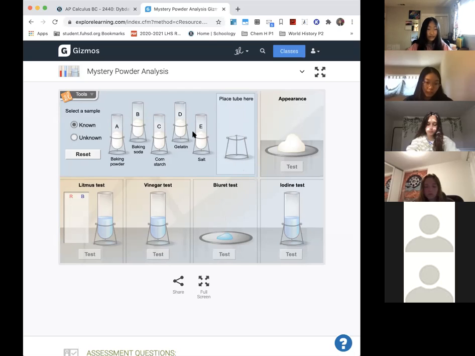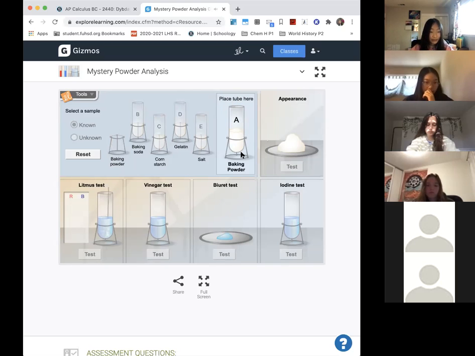And the vinegar test tests for acids, actually it tests for bases because vinegar is a weak acid. And the litmus test is used for testing both acids and bases. For red paper, it turns blue when the solution is basic, and the blue paper turns red when the solution is acidic. So if we were to test baking soda again,